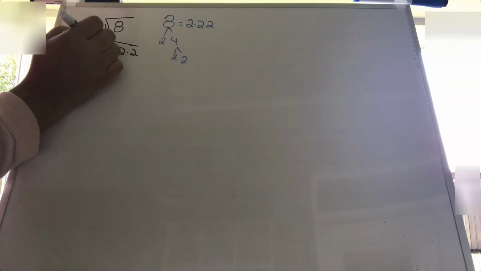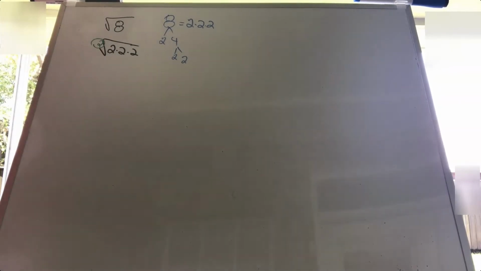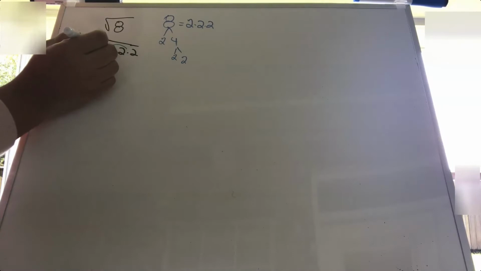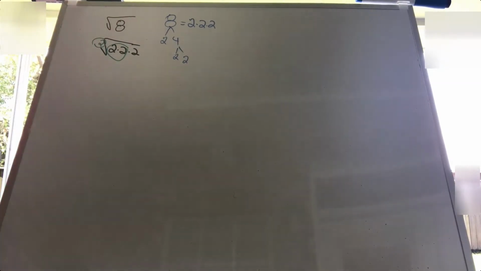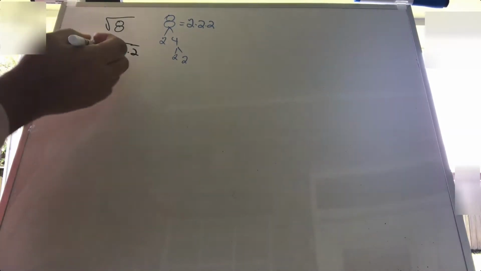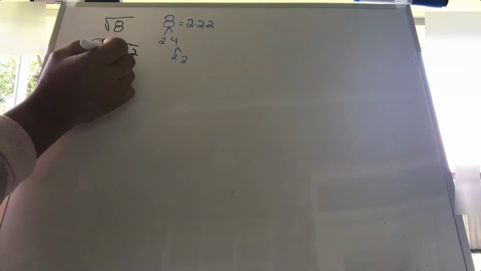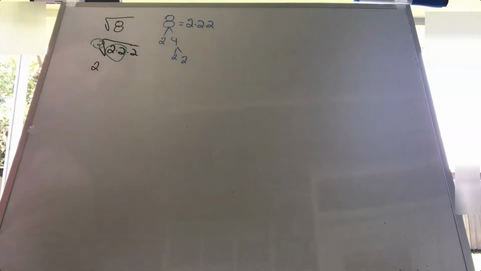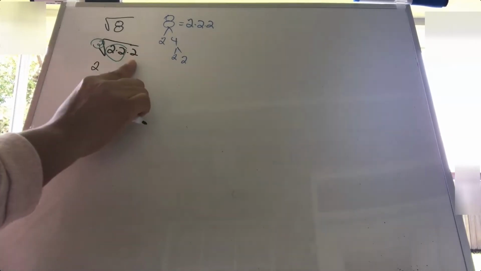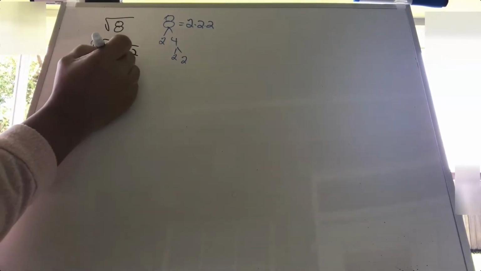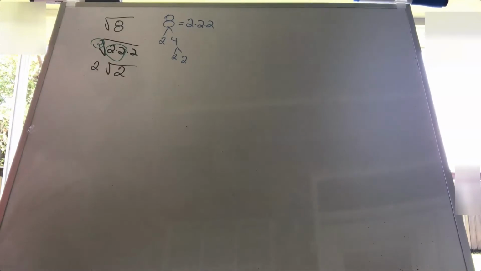Our index is a 2, which means we need sets of 2s to pull things out. And so here I have a set of 2, but now I have a 2 that doesn't have a partner. Because that 2 doesn't have a partner, I can't pull it out in front of the radical sign. So this set of 2s I get to pull out in front of the radical sign, but this 2 I have to leave back behind because it doesn't have a partner. So I leave it back behind underneath the square root, and that's how we clean that up,